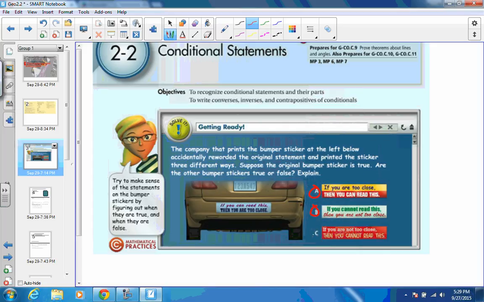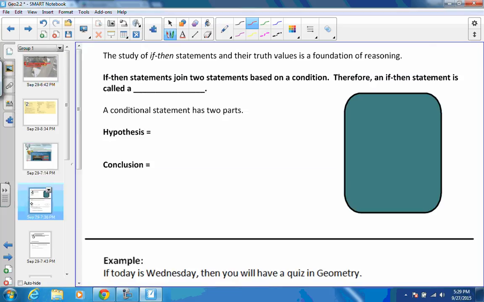So they're all spin-offs, they're all if-then statements, and that's what conditionals are that we're going to talk about today. But they're all using the same verbiage, just either switching things around or changing it to not. So that's kind of what we're talking about today. I'm not going to go into any further detail about this right now, but I want you to learn about what these statements are. So, with that,